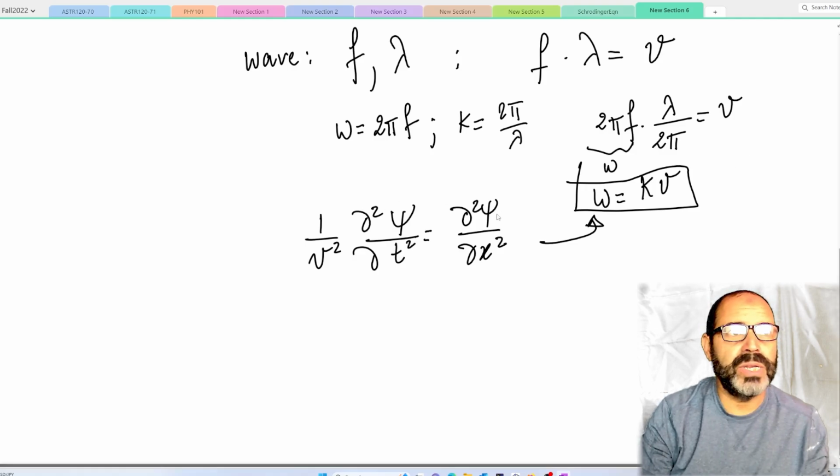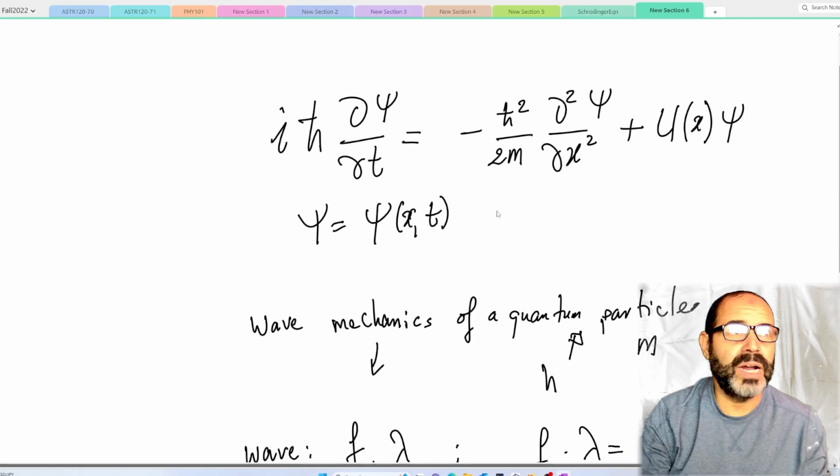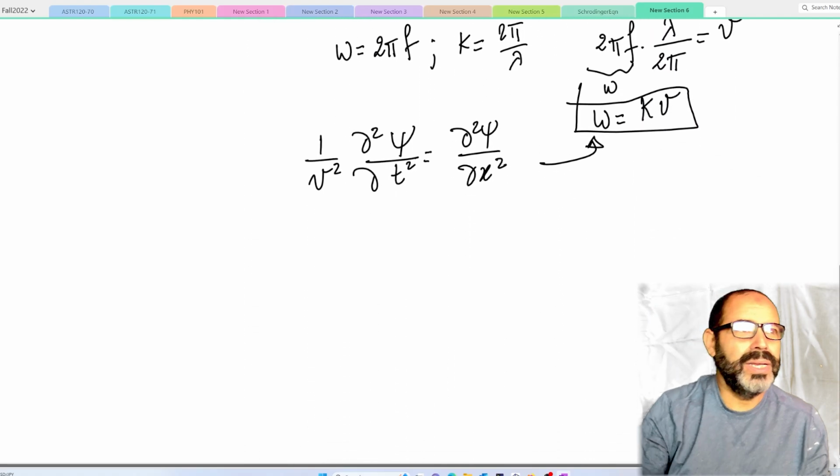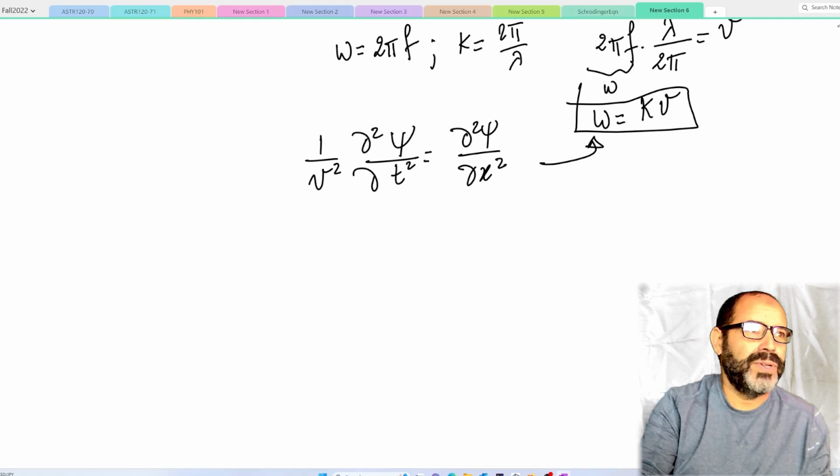We want to achieve something similar. We want to come up with something similar. Obviously, this is the goal. This is what it's going to look like for the case of wave mechanics. So, here is the point. For the case of normal waves, Mr. Planck